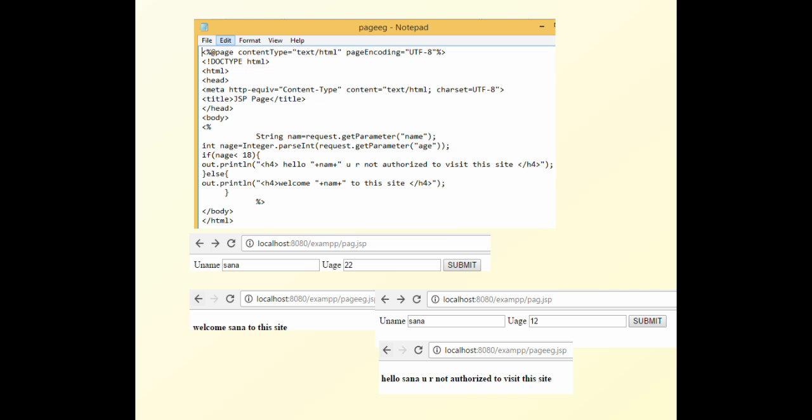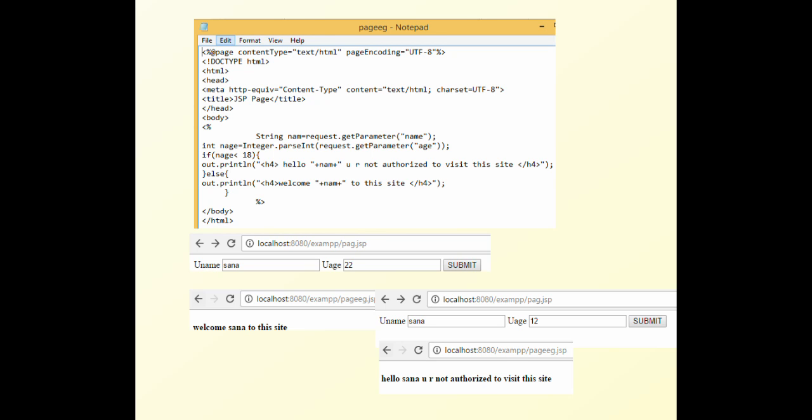And through this HTML page, we are going to a JSP page in which we are capturing this text data, and we are just displaying this with the welcome tag, or whatever we want.